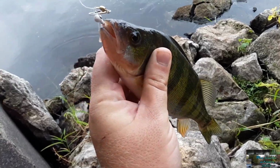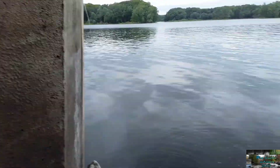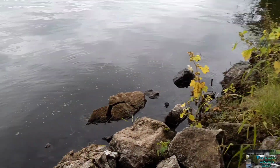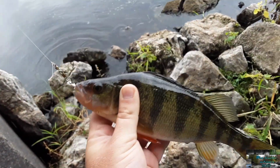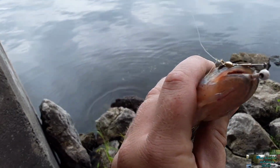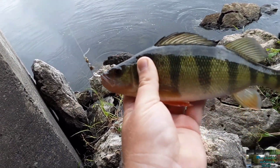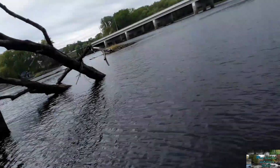This is a nice perch, huh? We moved to this, not really under the bridge, but right in this corner here where it's weeds and then turns into rocks. And we caught a nice perch to add to the pile. So yeah, we'll see what happens. We're just using a 1-inch Gulp and a jig head, under 1-inch jig head. Nice perch right there. Now we're under an old train bridge,